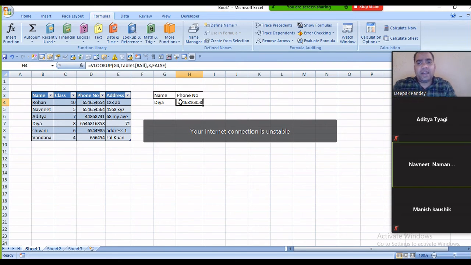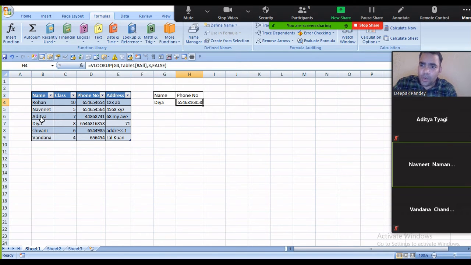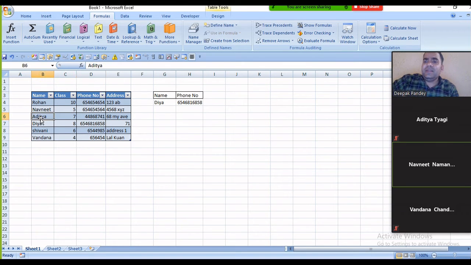Now, let's move ahead with another formula, that is HLOOKUP. VLOOKUP is basically vertical lookup; HLOOKUP is horizontal lookup. What does HLOOKUP do? HLOOKUP looks for a horizontal value. Suppose we have a phone number and the name, and based on the phone number I want to find the name. You can go to your WPS Office and check this function, this formula.